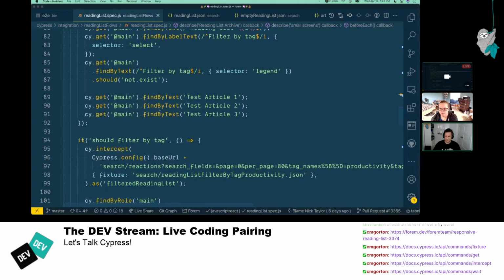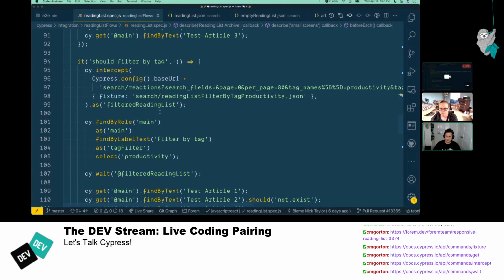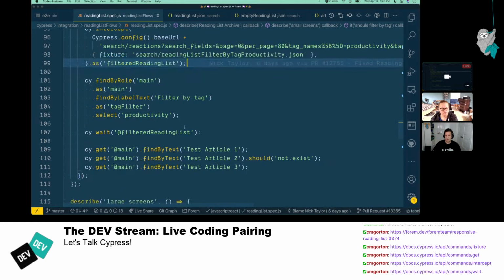So these are just a bunch of tests. It's kind of the same recipe here. We're intercepting some kind of search query, which is what is loading in the reading list, and then we're looking for things to do like filtering. Because if we come to the real reading list here,